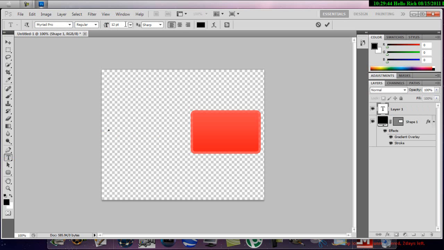change the size to 115 pixels, and then write U, and then position it in the center by dragging it and position it right there, and then